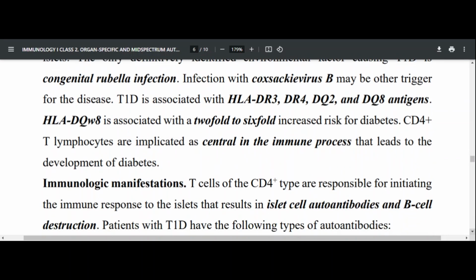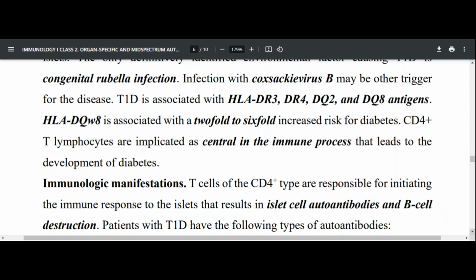So CD4 plus cells, of course, these are T helper cells, are implicated as essential in the immune response against the pancreas, which leads to diabetes. Those cells that are involved are not cytotoxic cells, but T helper cells, the CD4 plus cells. So immunologic manifestation of type 1 diabetes mellitus, you find the T lymphocytes that are responsible for initiating immune